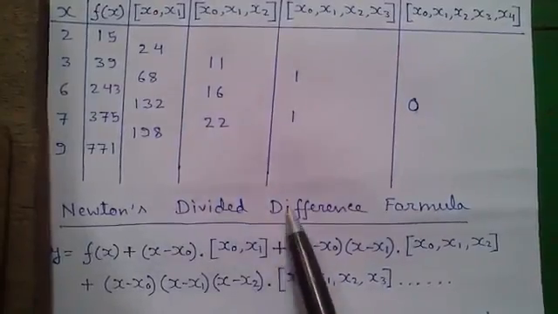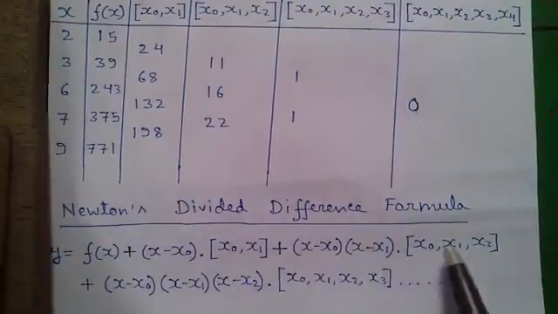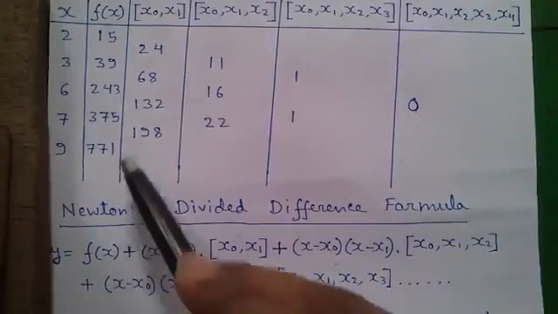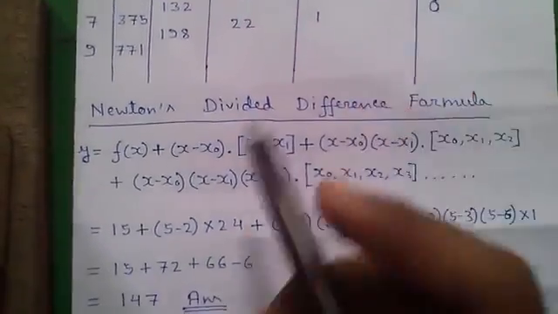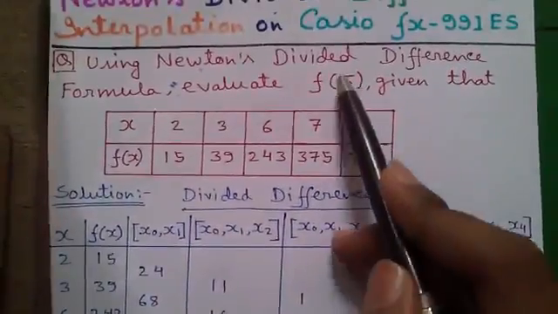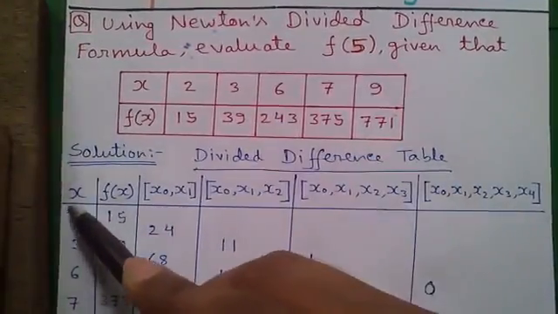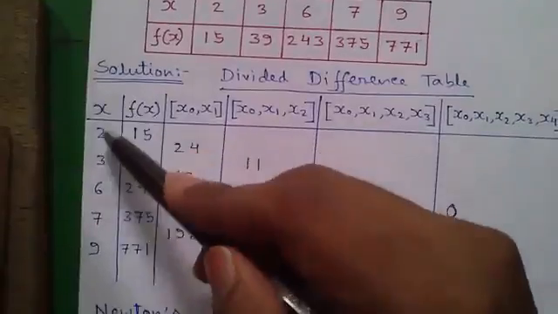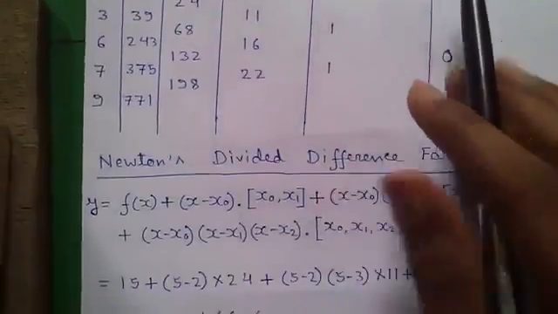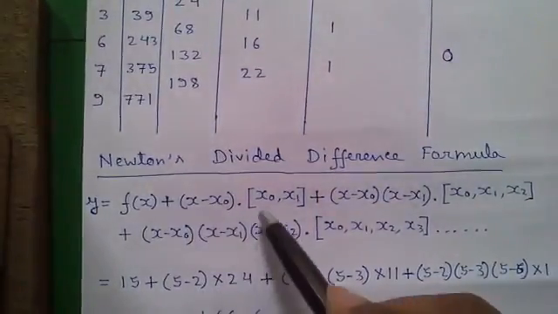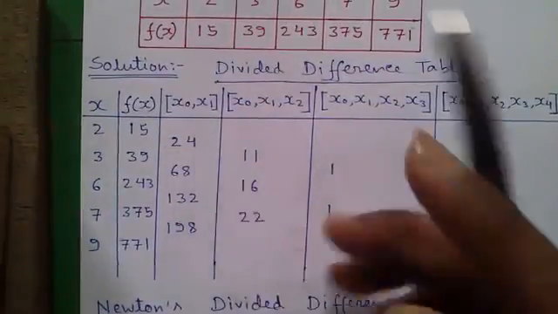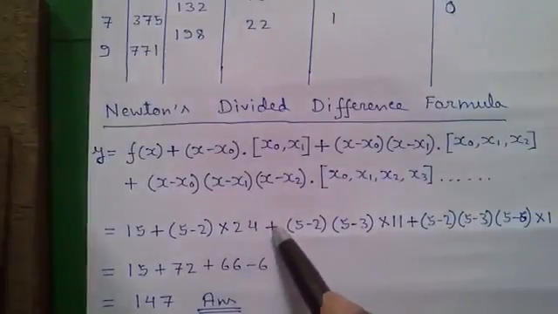Next we will write the Newton's divided difference formula. So the general formula for Newton's divided difference is y equals to f of x, or our first f of x value, that is 15, plus x minus x0. X is given in the question, that is 5, and x0 is the first term in the x column, that is 2. These are called x0, x1, x2, x3, x4, and so on. So 5 minus 2 into the first number in x0, x1 column. So the first number is 24, into 24 plus